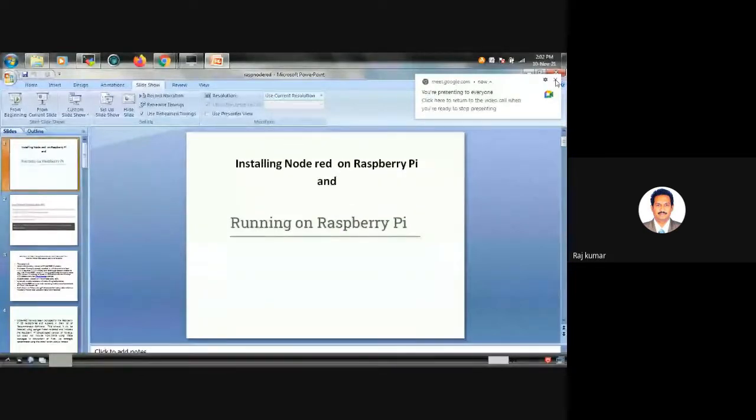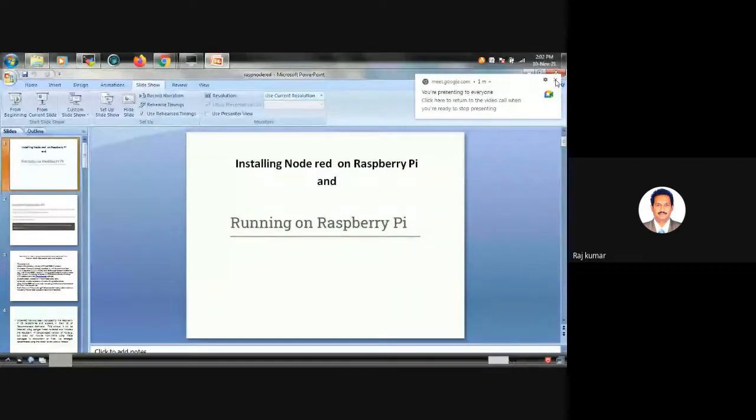You can also develop general applications using Node-RED. Node-RED has one advantage: we can go for rapid application development. That is the main motto behind Node-RED.